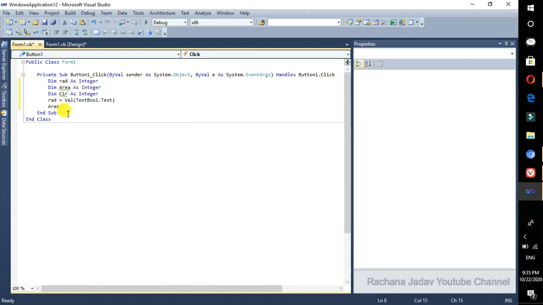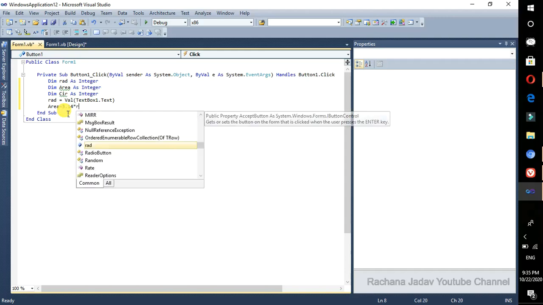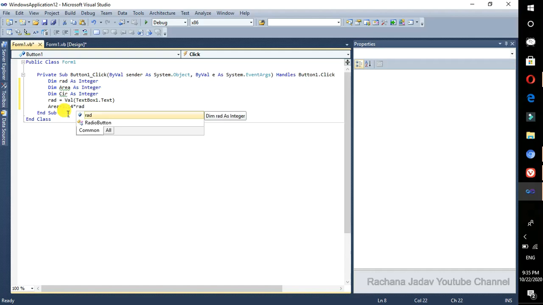Now I want to give the formula here. So I wrote 3.14 multiplied by RAD, radius, multiplied by radius. This is our area. Why have we written RAD instead of value? Because we have taken Text Box 1, whatever its value is, the name given is RAD. So we are taking RAD multiplied by RAD.